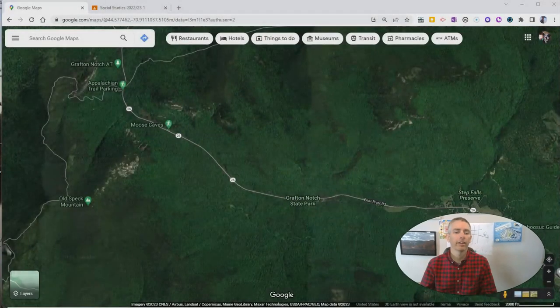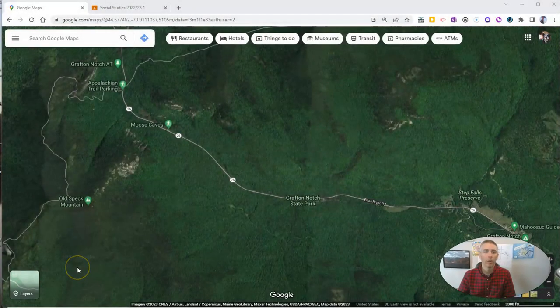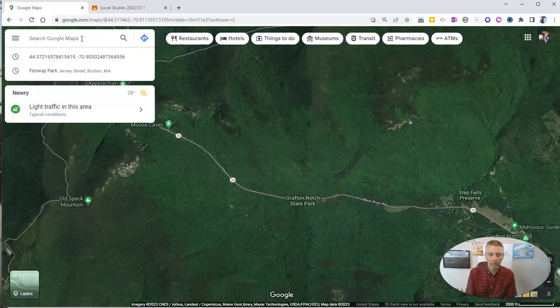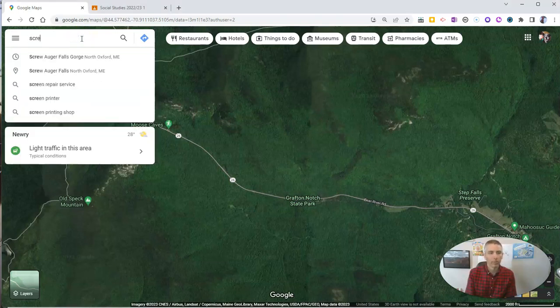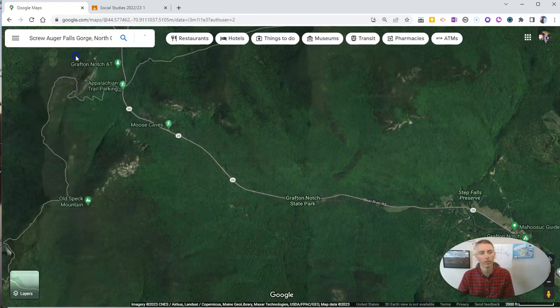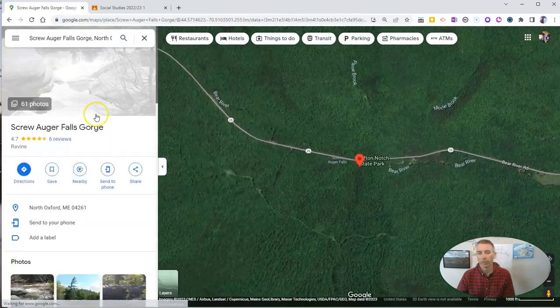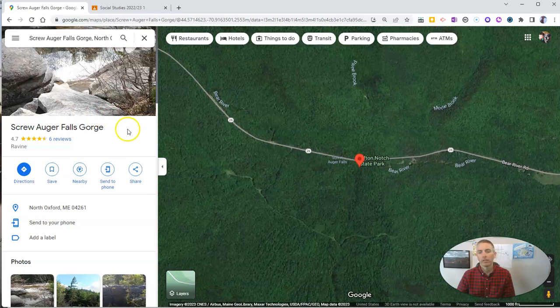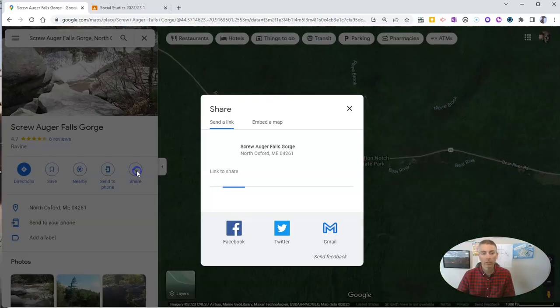Let's go ahead and take a look here at my Google Map. And let's say I'm teaching my students about interesting places in Maine geography, and I want to share with them something about a place called Screw-Auger Falls, which is a neat little place if you're ever visiting Maine to go check out. Now, I could share this map view with my students by just clicking that share button, copying the